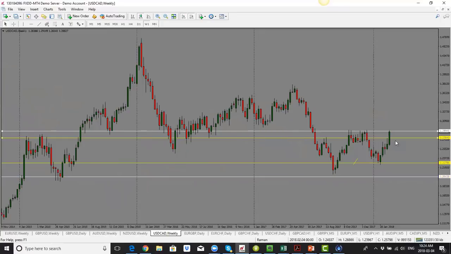Dollar CAD here. I think we are in for interesting times, especially with the tariffs. With Bank of Canada raising rates, dollar CAD had been dropping, because anytime the central bank raises rates, it's good for the currency. It usually pushes the currency up. But now with all these developments going on, oil has dropped. As a result, dollar CAD has been pushing up. And with the tariffs, that could have a negative impact on this as well.